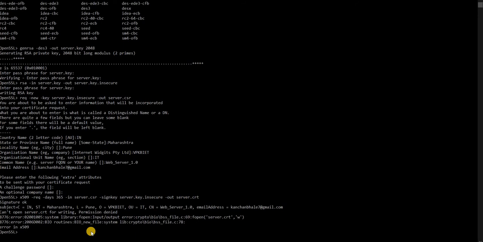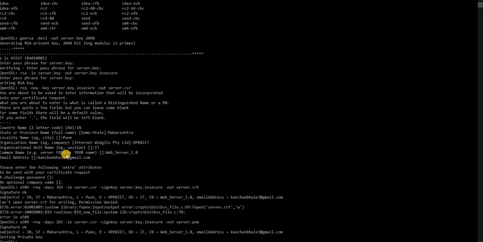Okay, and this error is coming because you have given the extension as CRT, which is not supported by Windows. It is supported in Ubuntu. In Ubuntu it is very easy. With OpenSSL, there is no need to install it, it is available by default, and you just have to use OpenSSL. There you give the .crt, and all the files get stored in your home directory. Now here, instead of CRT, you have to go for PEM.